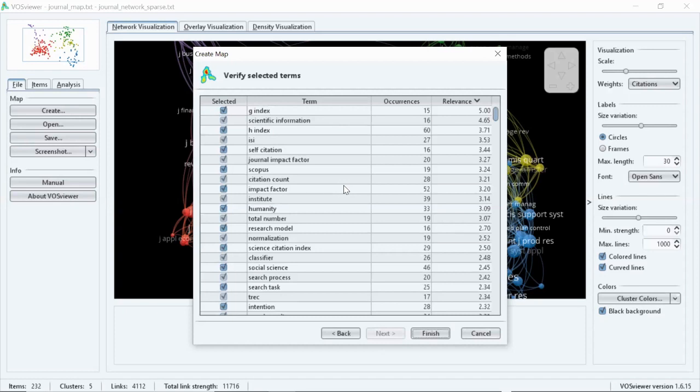See, it has generated a table: terminologies, their occurrences, and relevant scores. And now, if you want, you can save this table also. You can save this table in CSV format, Excel format also, or include it in your manuscript. Just right click on it, select all items, and again right click on it, export selected items.